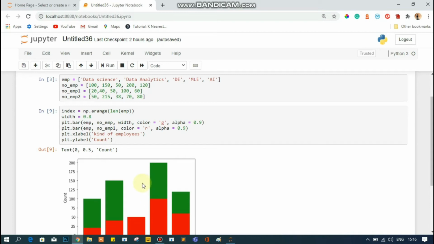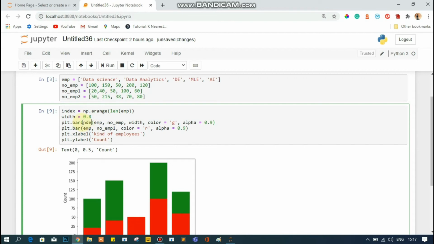Now let me show this bar in a different way. For the second count of employee, I want this bar to be shown beside the first one. So what I will do, I will use this width: index plus width. Let me use here index. Okay, my bad, sorry. Index plus width.